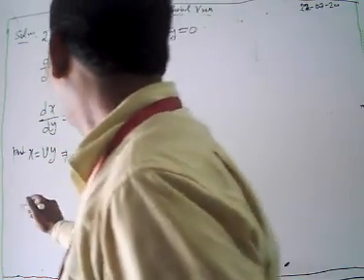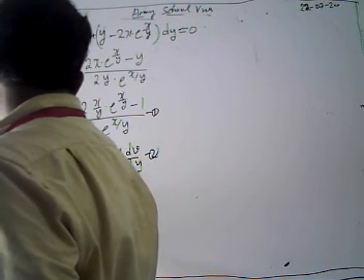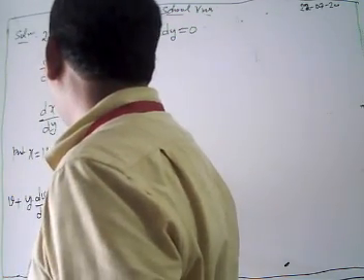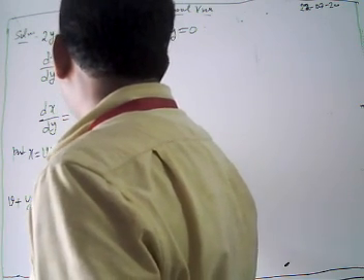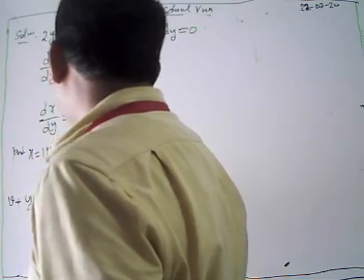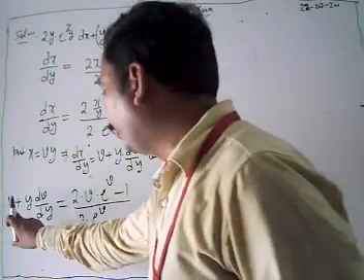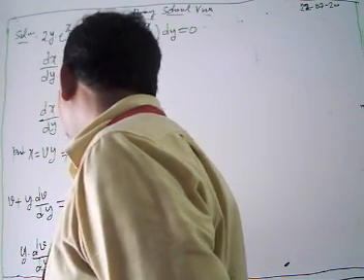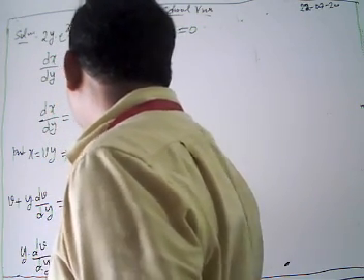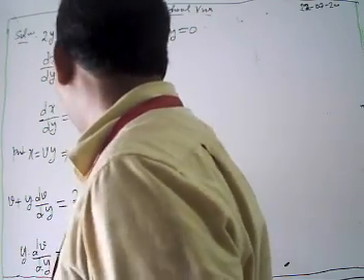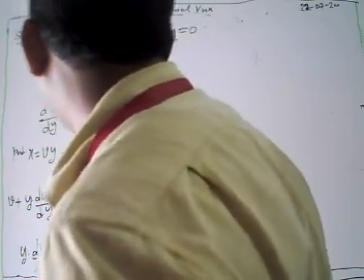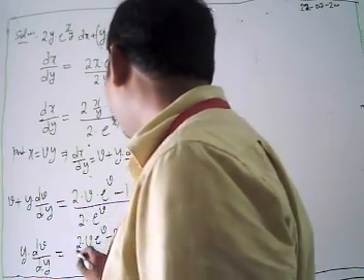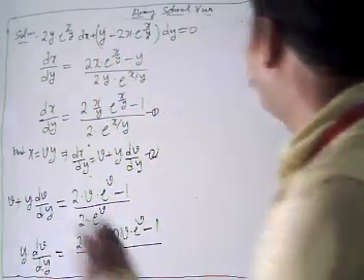Using 1 and 2, what do we get? We get v plus y dv by dy is equal to 2v e to power v minus 1, over 2 e to power v. Now look, we are going to shift our v and solve it. Then we have y into dv by dy is equal to 2v e to power v minus 1 over 2 e to power v, minus v, that is minus v into 2 e to power v over 2 e to power v.